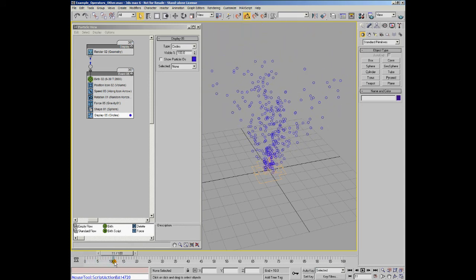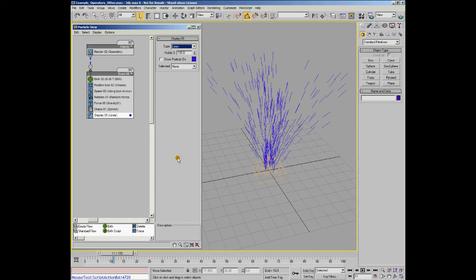I very often use circles in particle flows where, for instance, I have very few master particles. Let's say I've got 20 or 30 master particles, and they then spawn other particles. I generally set those master particles to circles. That's because they're quite large, and they're a very distinctive shape, and quite often I'll use a bright color on them as well. The next option is lines, and what this option does